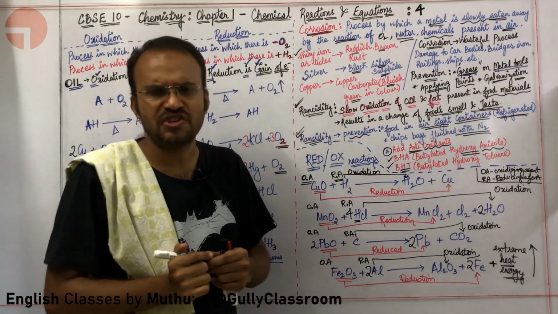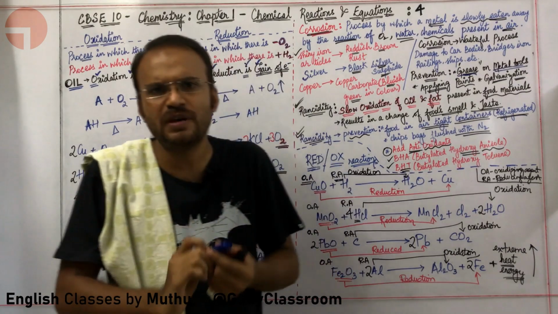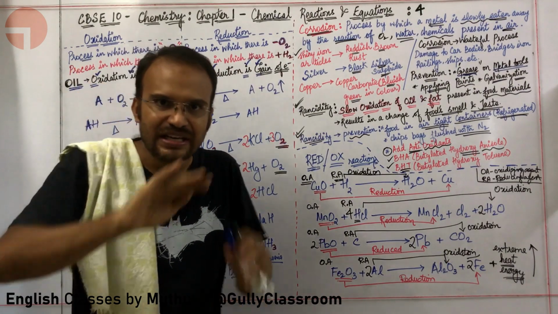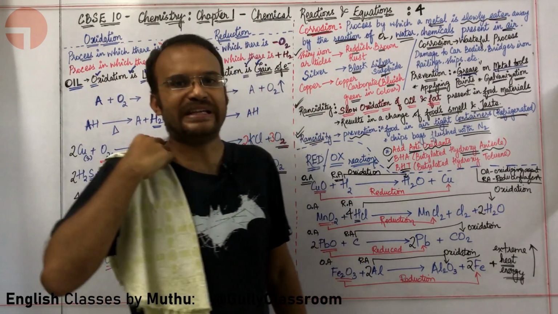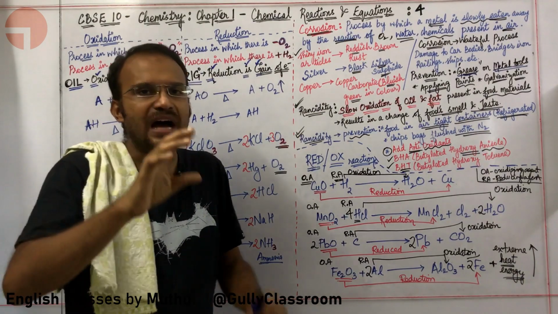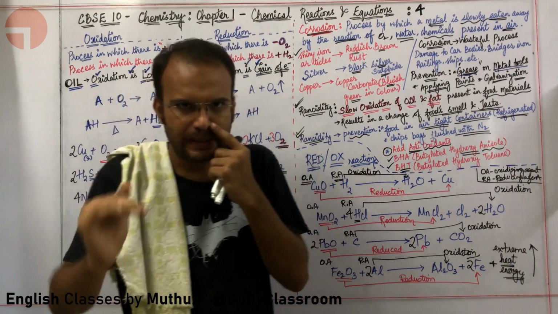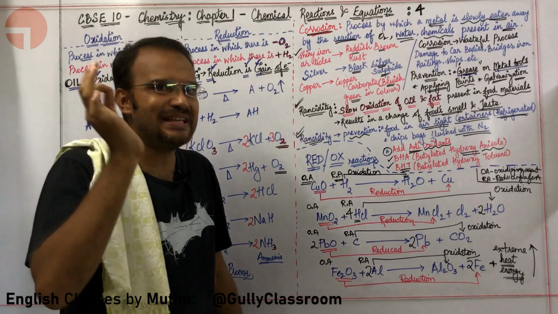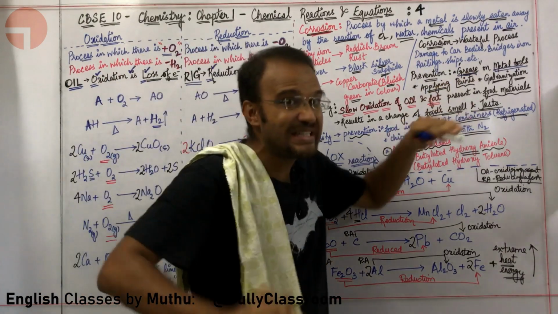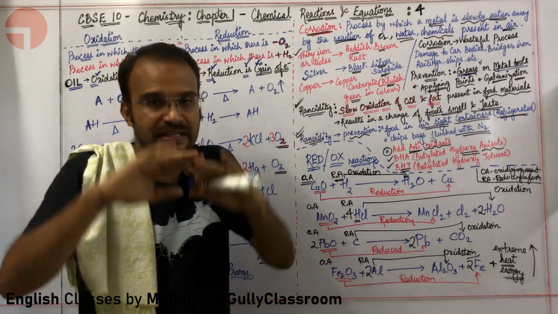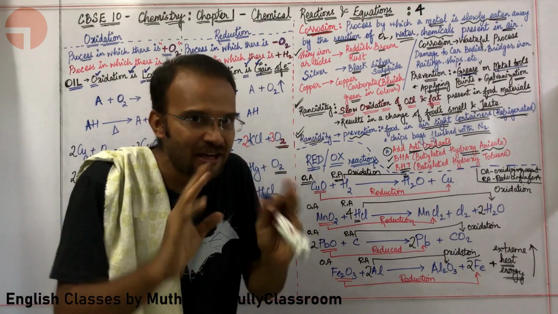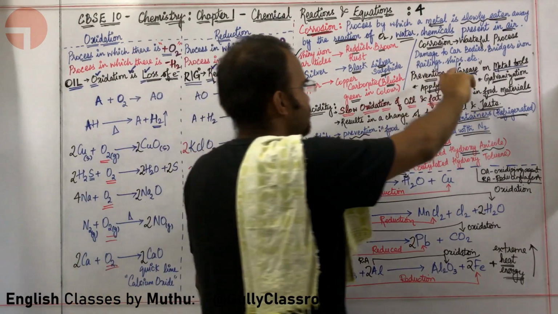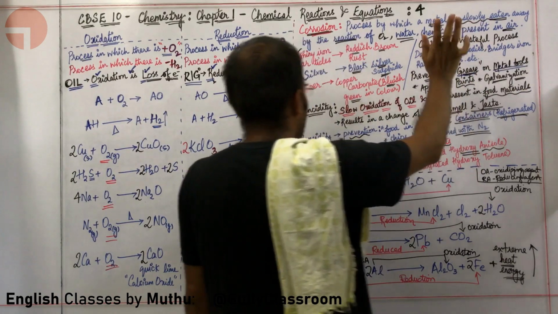What is galvanization? Galvanization is a process by which a coating of zinc is put on an iron material. An iron tool or iron component is coated with zinc. Zinc does not easily undergo corrosion, so it saves the iron present inside. Zinc coating protects the iron material inside. This is basically how you are going to prevent corrosion.